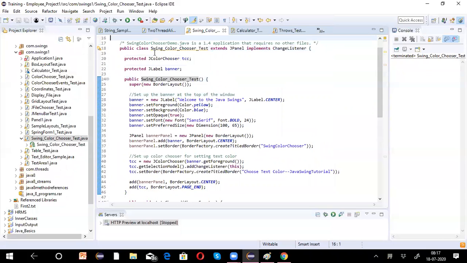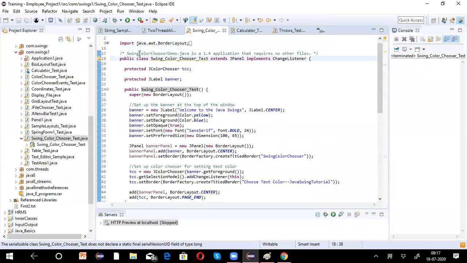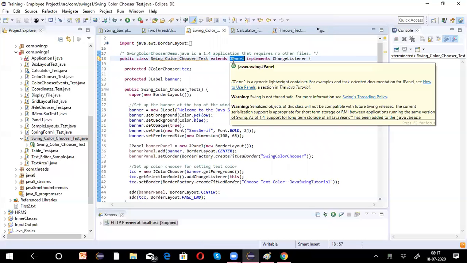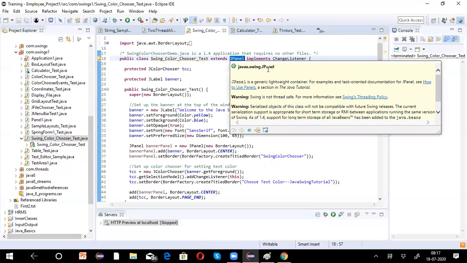Let's see what all we have taken here. Public class SwingColorChooserTest extends JPanel. Now just like a frame, you also have a top level component called JPanel. JPanel is a generic lightweight container. You can refer to the documentation for JPanel.